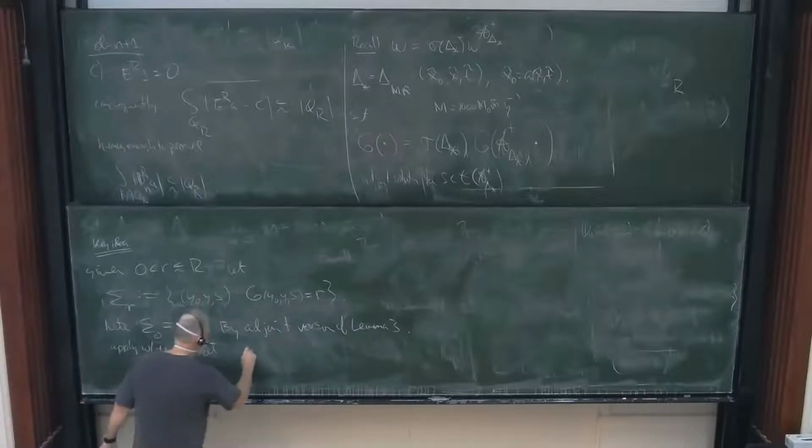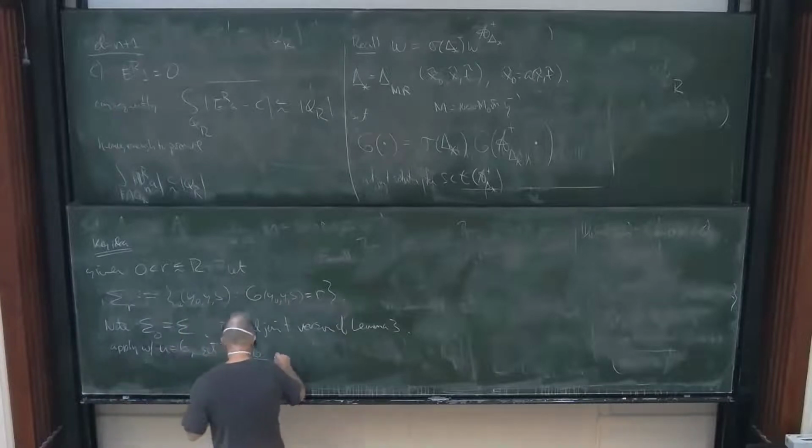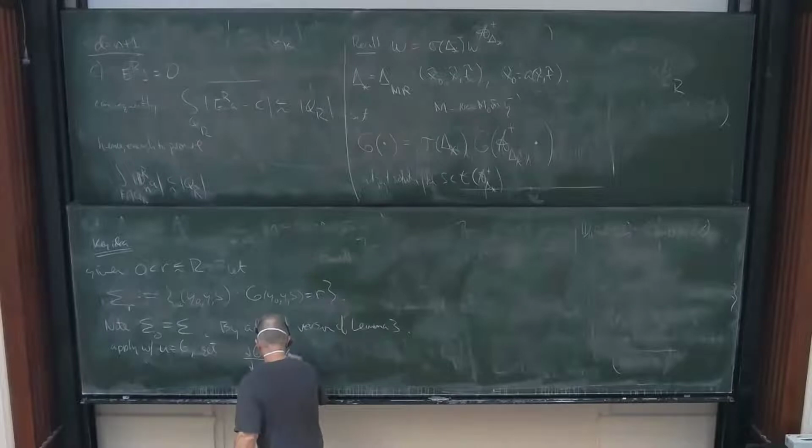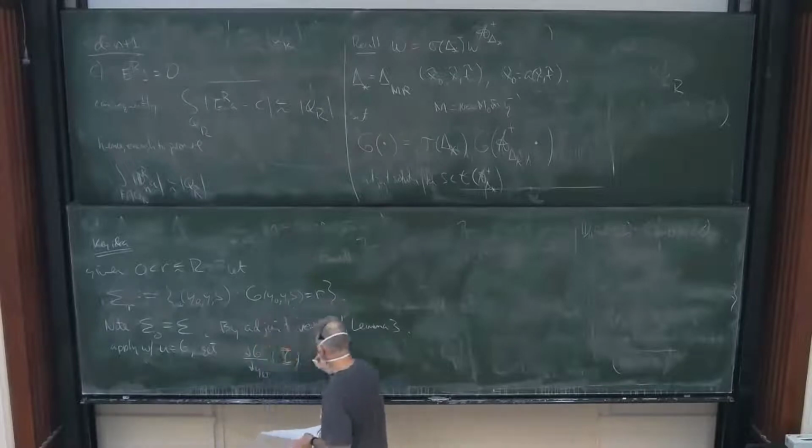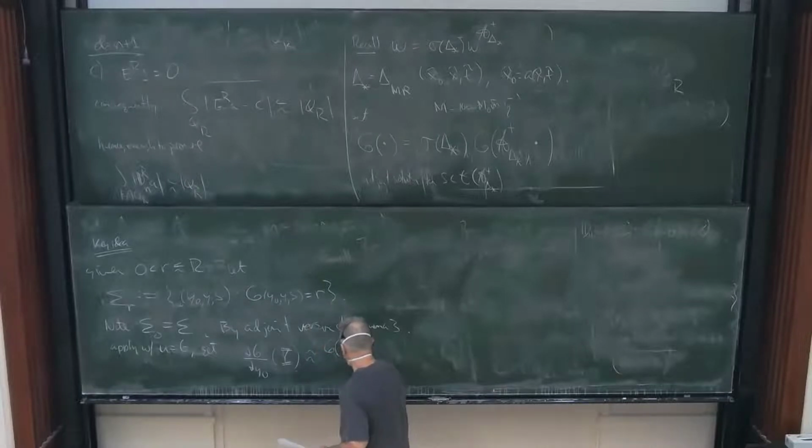Okay? So we get dG dy naught at a point y is going to be comparable to G of y over delta of y